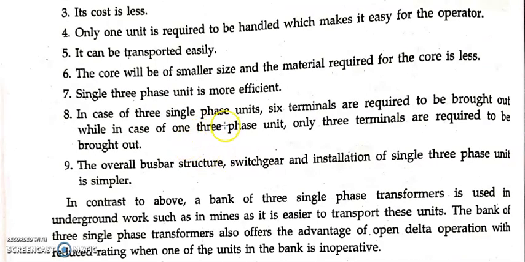In the case of 3 single phase units, 6 terminals were required. Yes or no? Because 3 you are going to short at the neutral side, and again 3 at the neutral or secondary side, for primary as well as secondary. Again, 3 at the primary for input and 3 at the secondary for output. So totally 6 terminals with respect to primary as well as 6 terminals with respect to secondary. This is with respect to one of the primary or secondary windings.